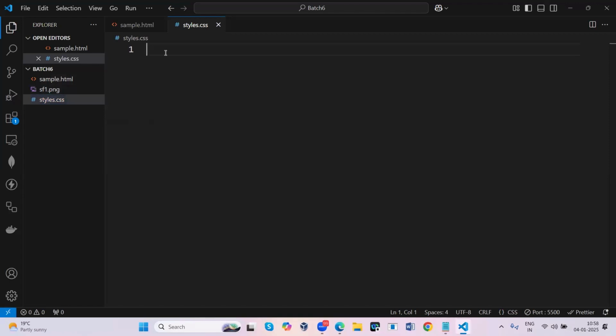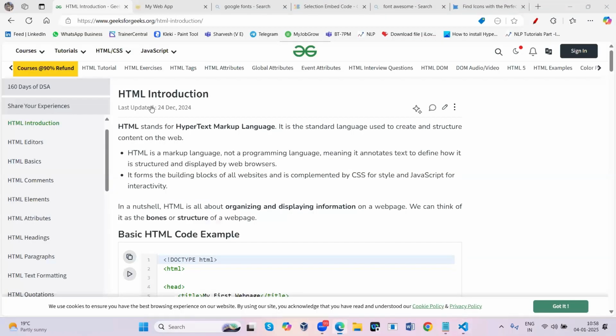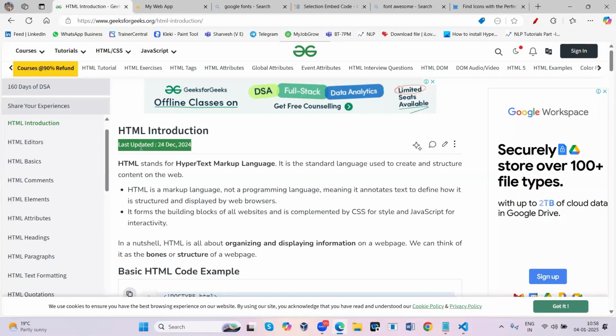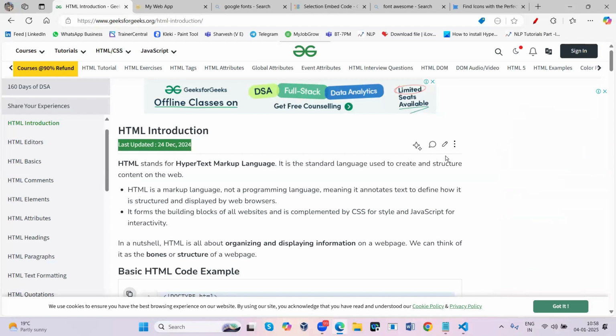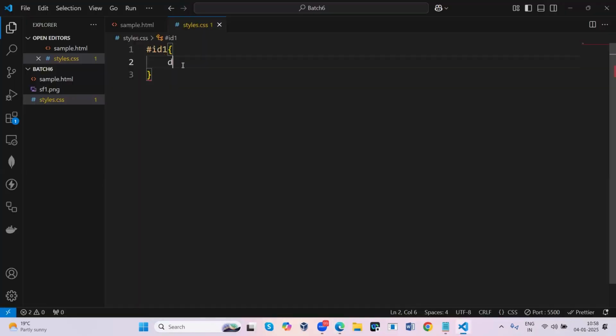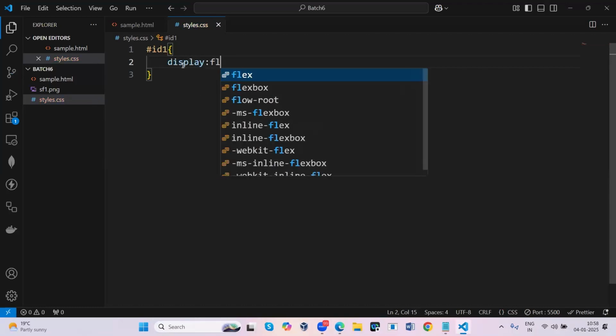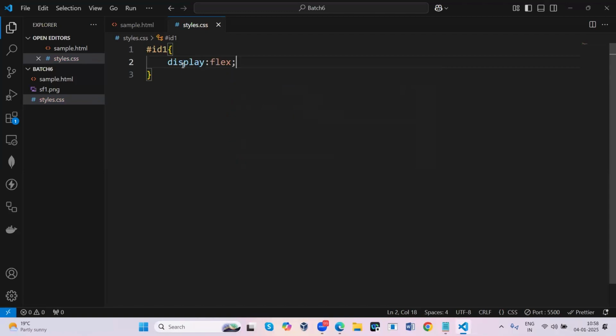Okay. So whenever you are doing external styling, you don't need to use any kind of tags. Simply use the selector for what you need to apply. I have given the selector ID2, which is defined with the ID, so you have to provide hash ID2 and do the stylings. The main thing I need to do here is place one div section on the left side and another div section on the right side. There is one property called display flex, so that it will place them side by side.